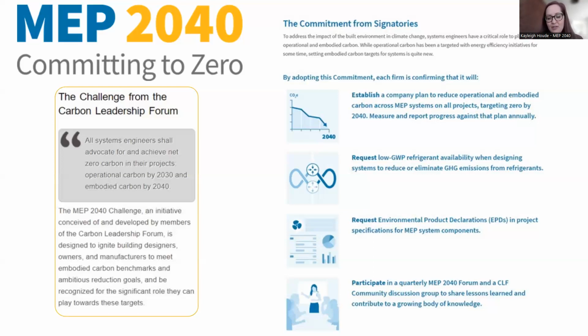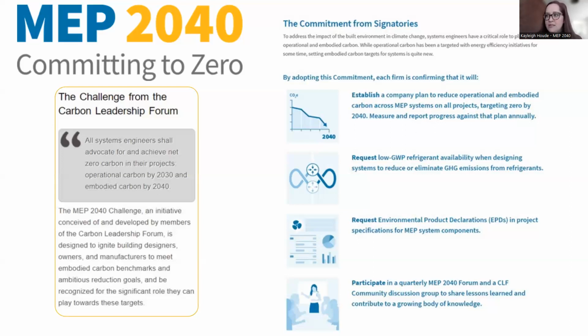A third being to request environmental product declarations. We're going to talk about that a lot today in terms of how lighting manufacturers can get on board with producing EPDs for us so that we know how much embodied carbon each of those products takes up. And then the 4th tenet just being to be a part of the community, join the forums, join our working groups. We have working groups dedicated to data analysis and reporting, manufacturers and EPDs, communications, and then partnerships.